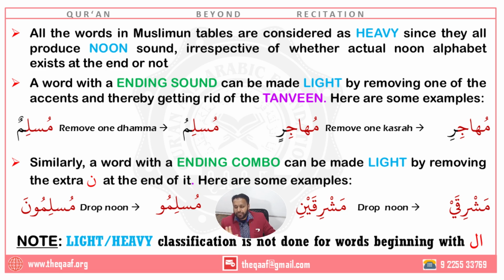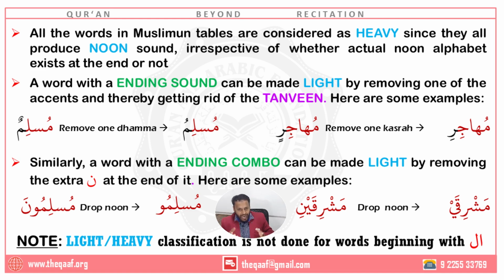The meaning is the same, the status is the same, the number is the same, the gender is the same. You should not disturb any of the properties, and if you can get rid of the noon sound, that's how we make it light. Now somebody might be thinking, why do you want to do this? There are reasons for it. We'll study that. Right now, understand what I'm trying to share with you: how to make light, and this is very important. The Qur'an is full of light and heavy words. If you don't understand this, you are going to mess up in the interpretation and understanding of the word, the meaning and the sentence.